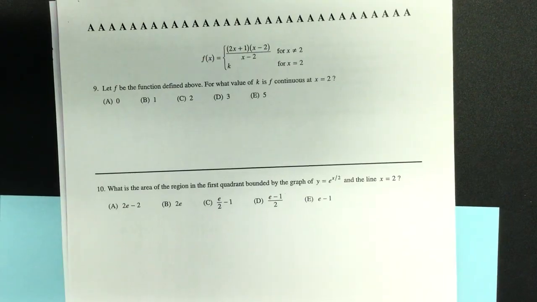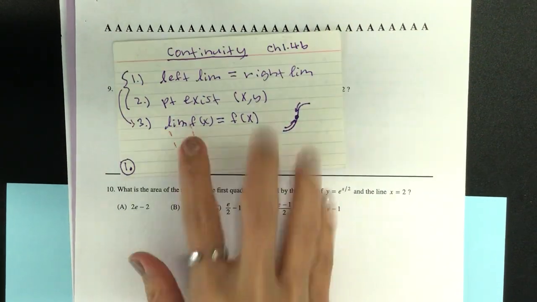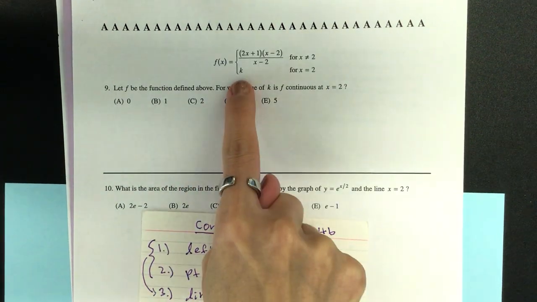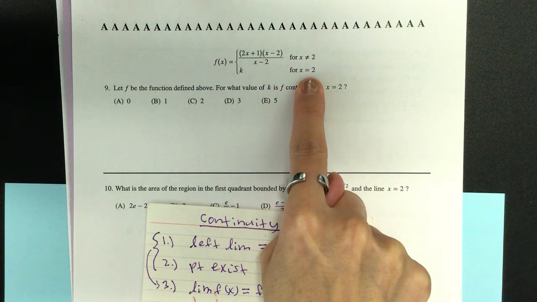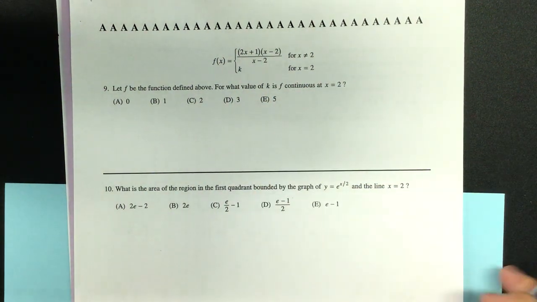Okay, my next one. Frank, let's read number 9. Let f be the function defined above. For what value of k is f continuous at x equals 2? So let's kind of recall continuity. My limit must match the point. So right now, k and 2 is my point, correct? 2 comma k. So I need to match the limit of the original equation or the